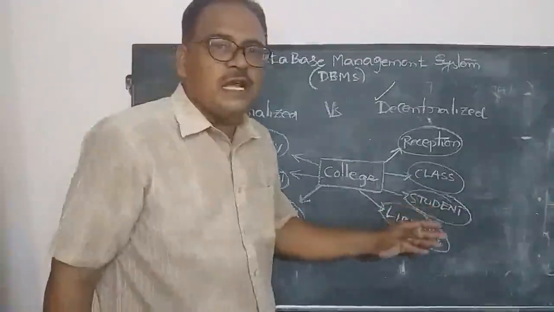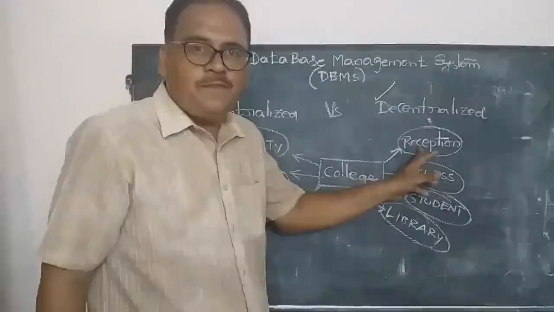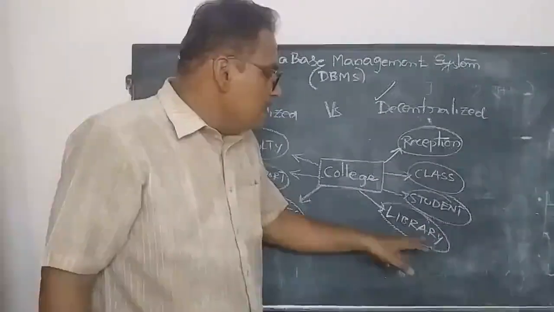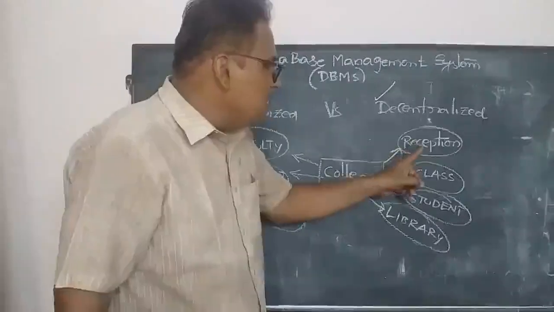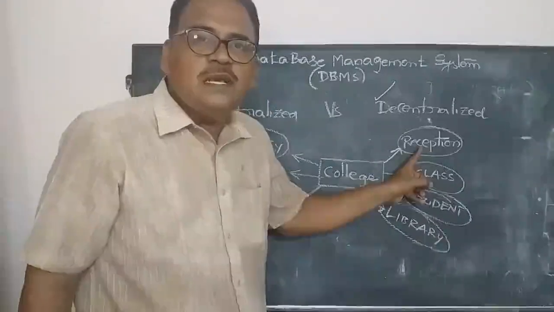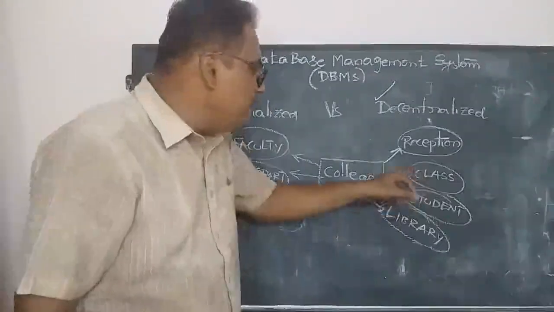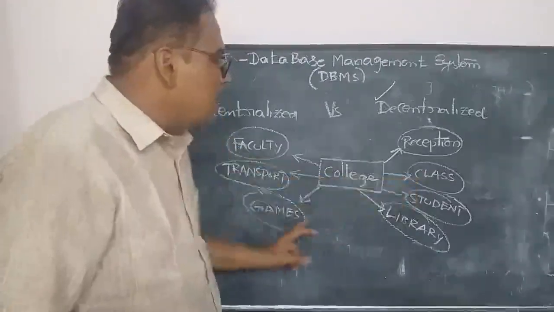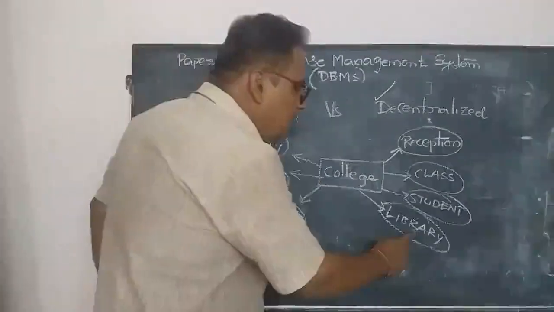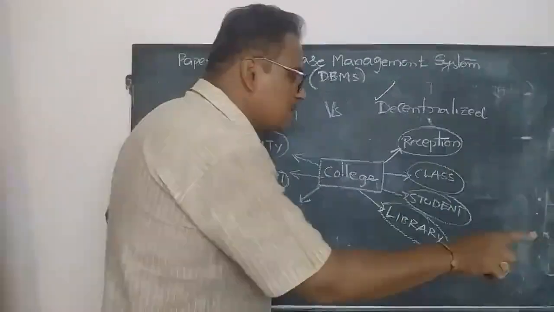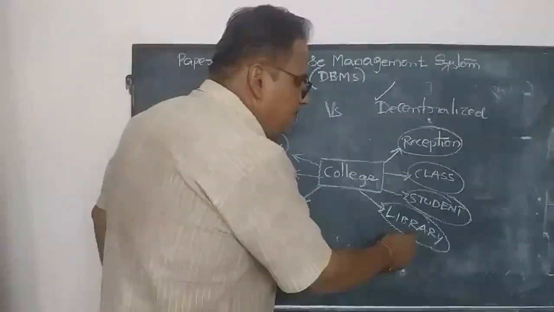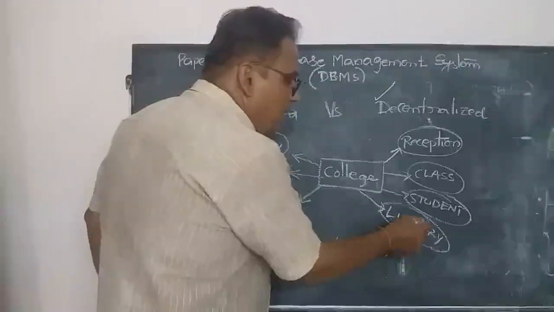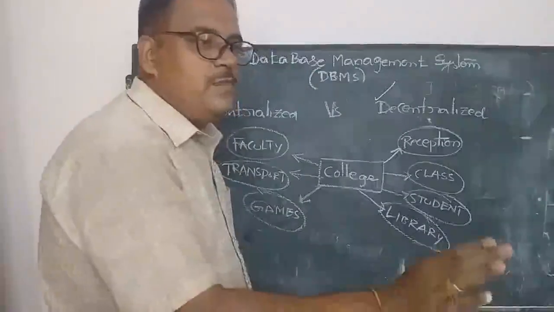This entire information can be got from reception only. The library is getting information from the reception. So here a student joined BSc Computer Science. The same copy is maintained in the remaining entities also. So in the library also, the particular student is studying BSc Computer Science. So here the information of the particular student is related to BSc Computer Science only.